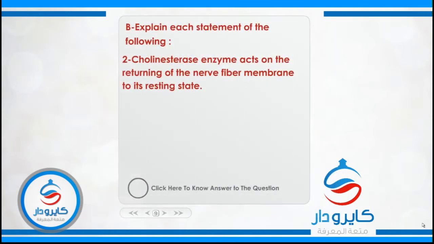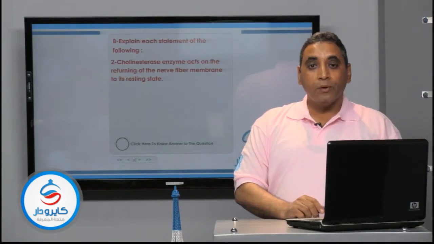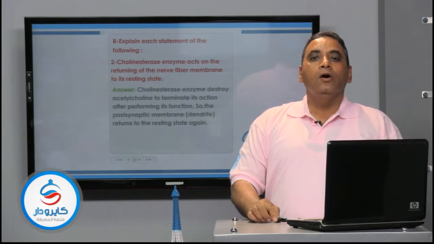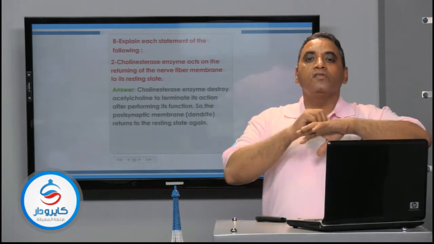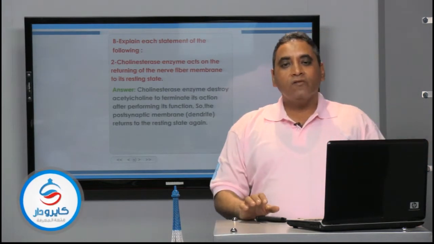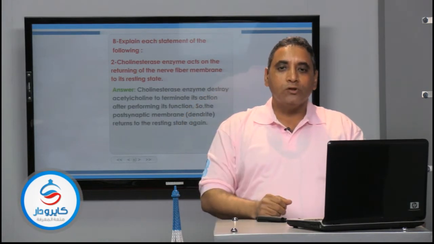The next question. Explain each statement. The cholinesterase enzyme acts on returning the nerve fiber's membrane to its resting state. We understand that the postsynaptic membrane contains the acetylcholine and the cholinesterase enzyme to break down the acetylcholine after performing its function. We understand that when the nerve membrane is stimulated, it helps the passage of the nerve impulses in the form of polarization, depolarization, and repolarization, which act as action potential through the nerve